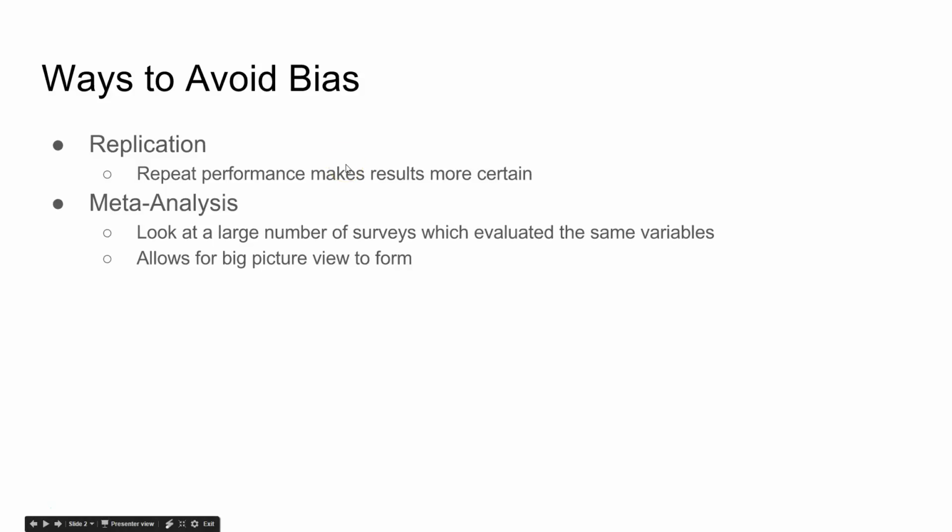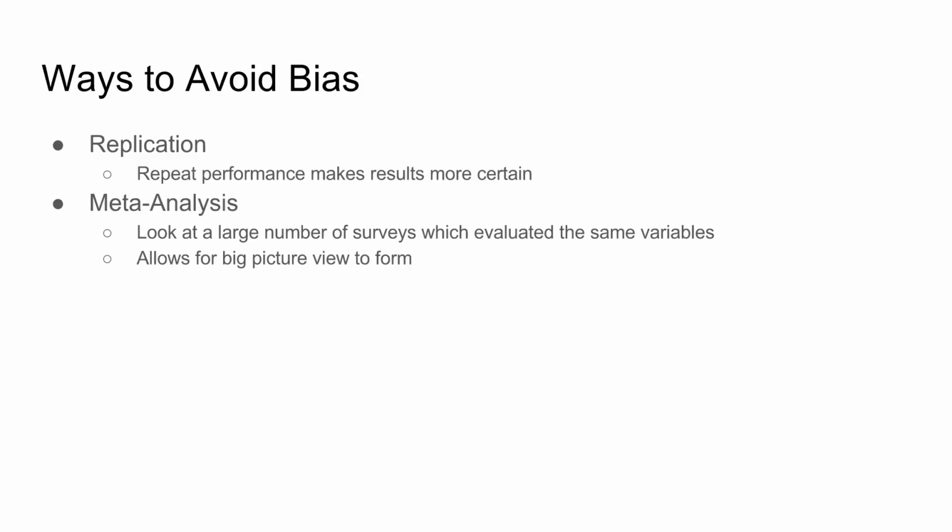Because as much as we try to make things as scientific and mathematically pure as possible, sometimes things do happen due to chance. So replication is a really important process in the scientific field in general, but also in psychology. We can never say for sure, because of one survey or one experiment. We need replication. Another way to avoid bias is through a meta-analysis, and this is where you